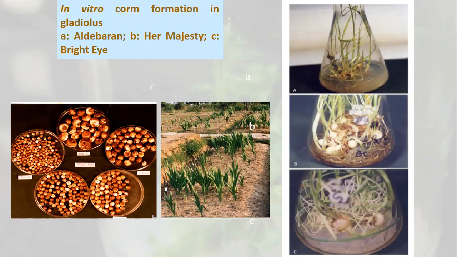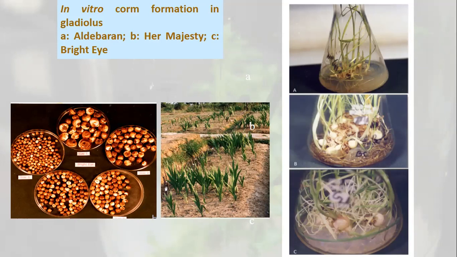are known to produce. It's not that the gladiolus will produce bulbs. No. Gladiolus is known to produce corm in the field also. We can get the corm. Potato is known to produce tubers. We will get tubers. Lilies are known to produce bulbs. We will get bulbs. And ginger is known to produce rhizome. We will get rhizome. But these natural structures can be induced in the culture.